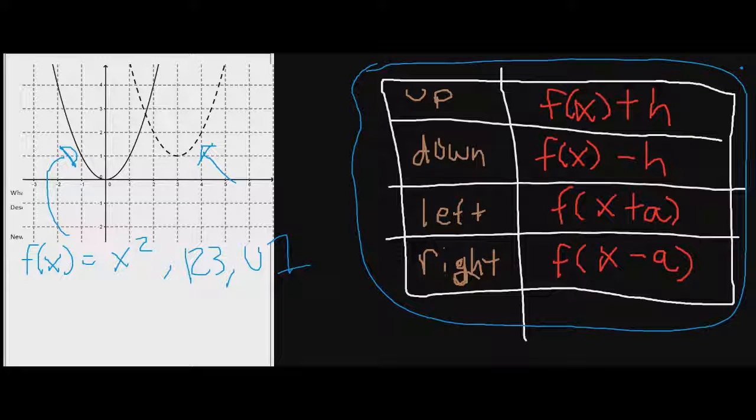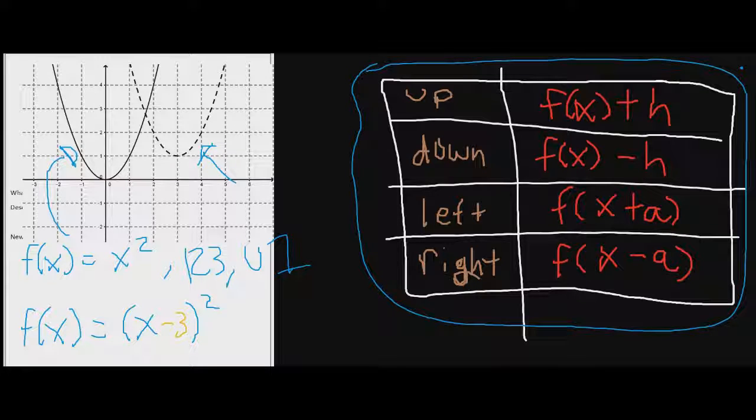Okay? So now when I write my new equation, we're going to do everything to our function in here. So if we go to the right, okay, what are we going to do inside our parentheses? Well, if you look here at this chart, if we go to the right, it's x minus a. The a is just the number that we go to the right by. So we went right by 3. Therefore, we're going to have a minus sign inside. So we're going to get x minus 3